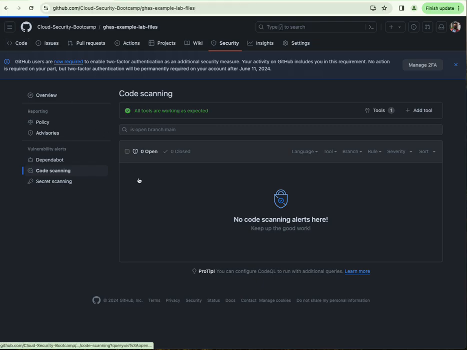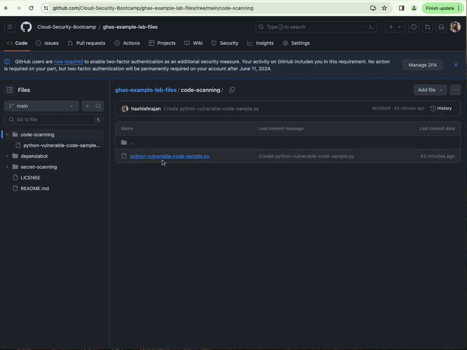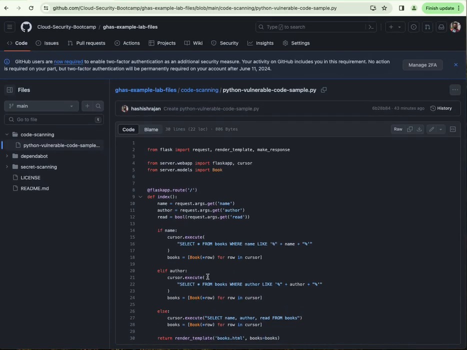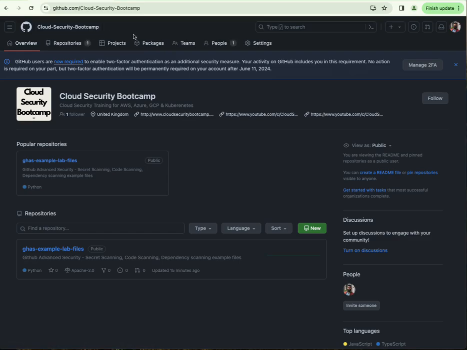But if I go into code scanning, it doesn't look like there's a lot. I would have thought this would be picked up, but this is a good example where it is not being picked up. But to make it work, what we can do is